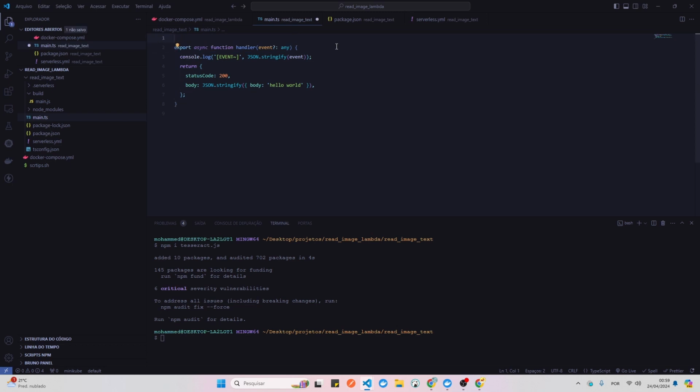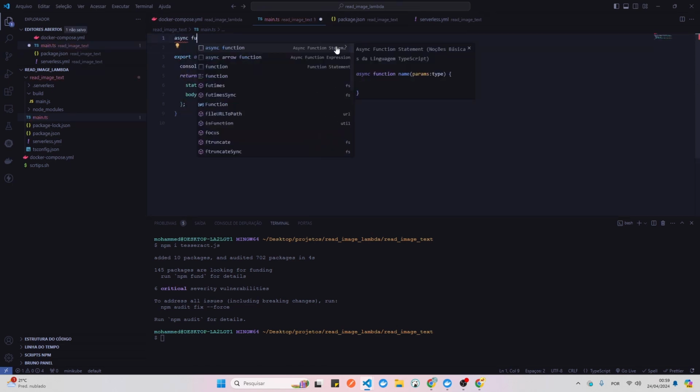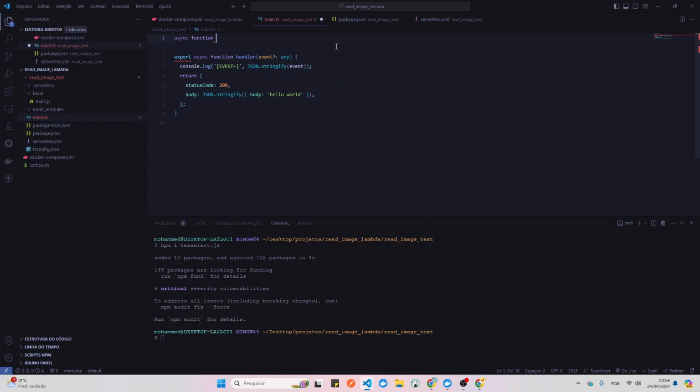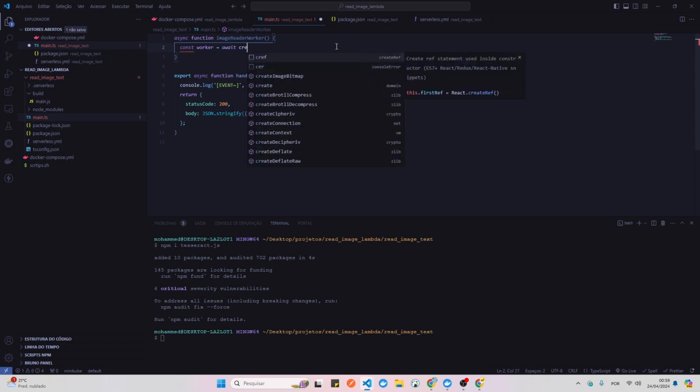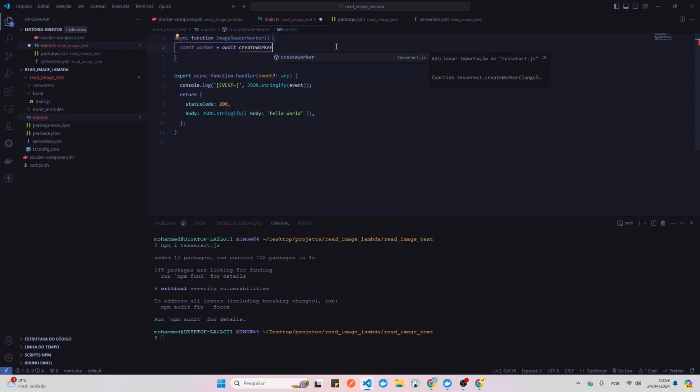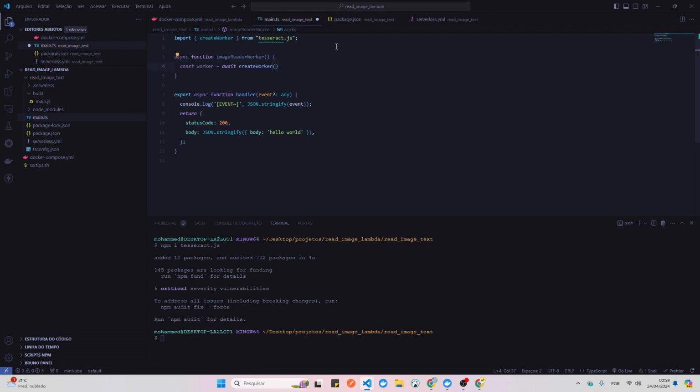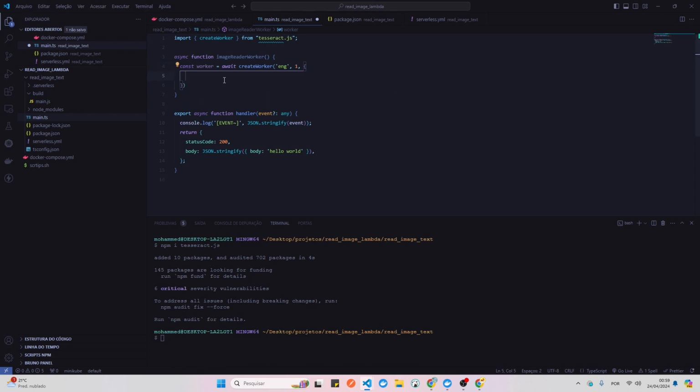So here, let's do an async function, image reader worker, which is going to be const worker equals await create worker, and then it's English, so here it's the language one, and here you can specify a few configurations, like you can console.log each chunk of data that you get, but